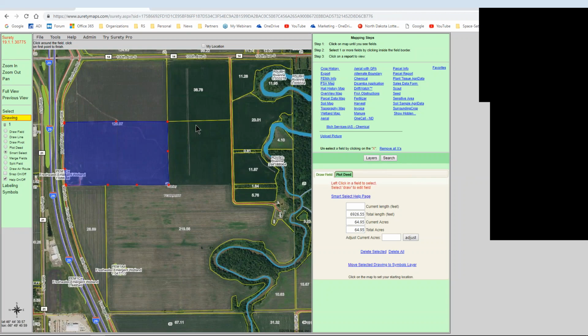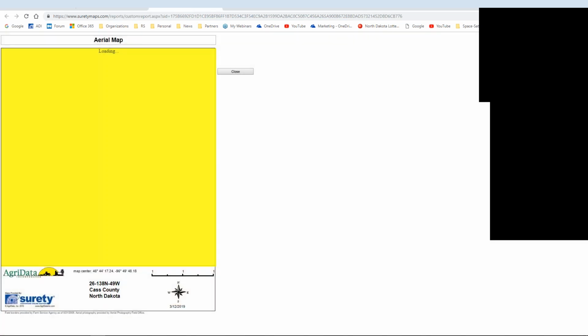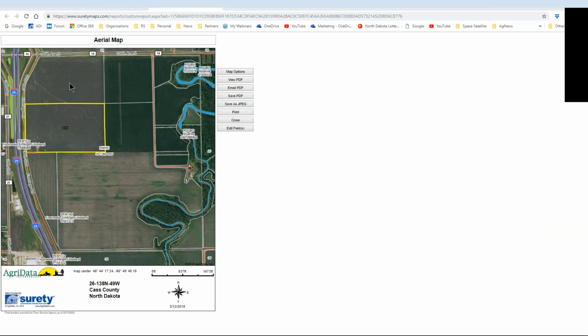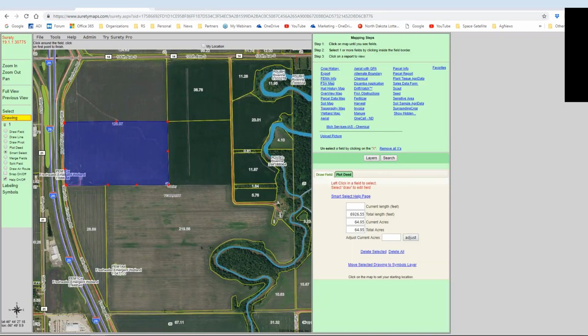So before we go on drawing, let's look at the FSA map again, and a few things that you can do there. First, you can rename this if you want, by just highlighting it and typing in something new. If you're not seeing these menus over on the right when you create an aerial map or any form, what you should do then is go back to your tools options page,